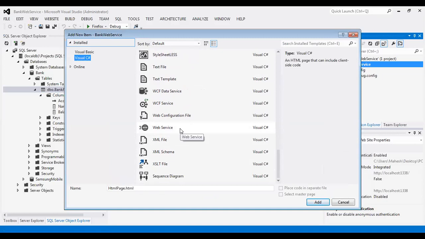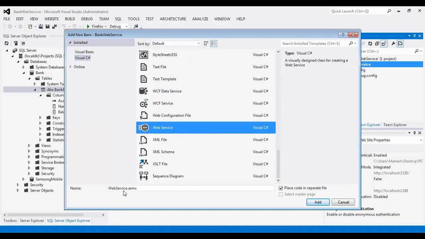You just click on this web service. As I have said, whenever you are creating SOAP based web services, the extension is .asmx. So balance web service. Suppose I am giving the name as balanceWebService.asmx. Just click on the Add button.